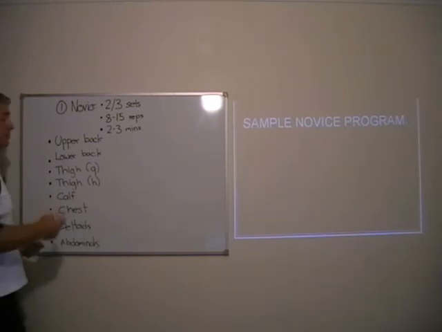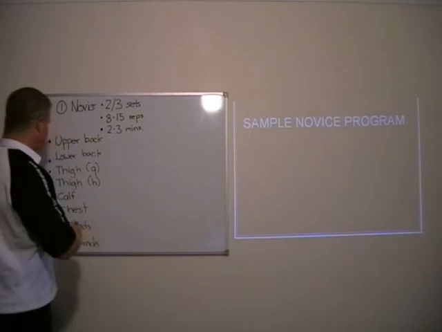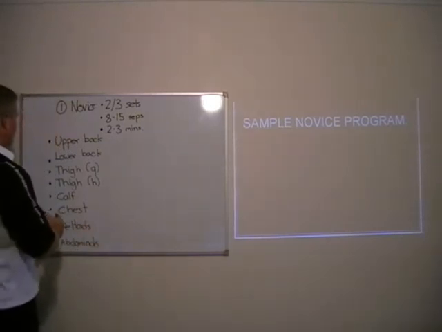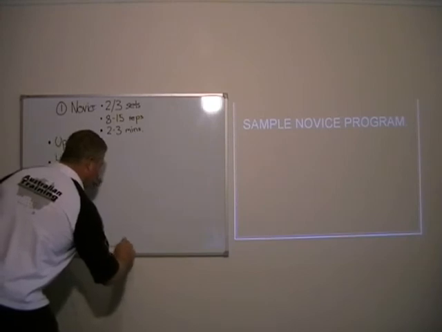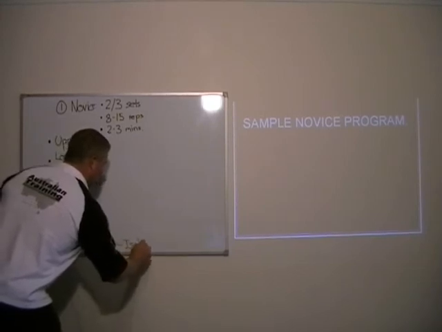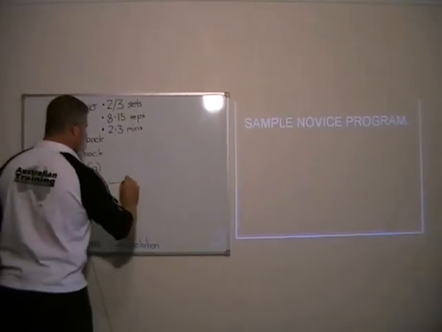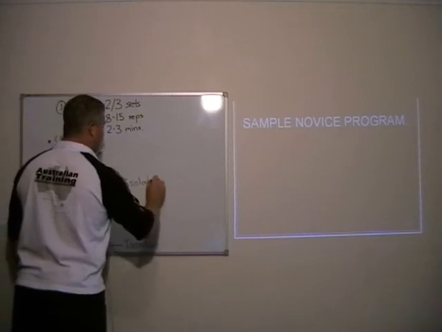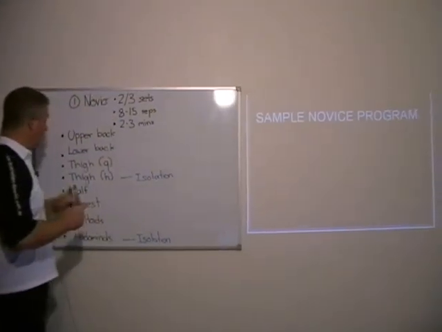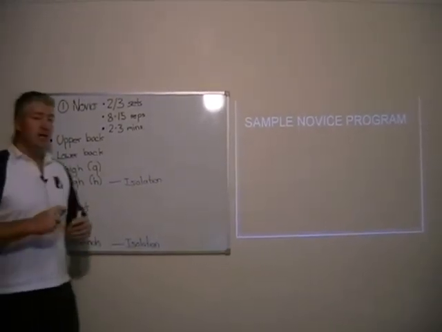Okay, now let's look at the rules that we should follow in exercise order. Let's look at the isolation exercises. Abdominals is generally an isolation exercise. Hamstring exercises are generally isolation. Now the reason I put thigh hamstring in there as an isolation exercise is because most of